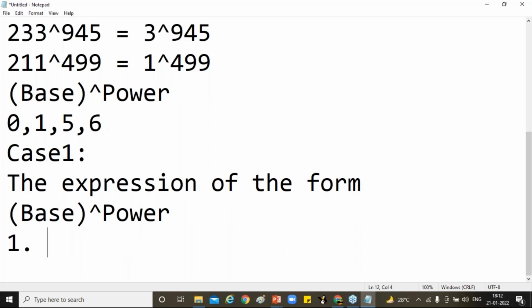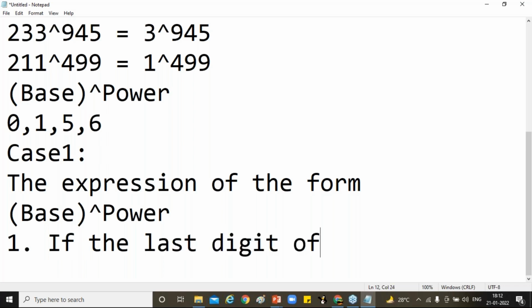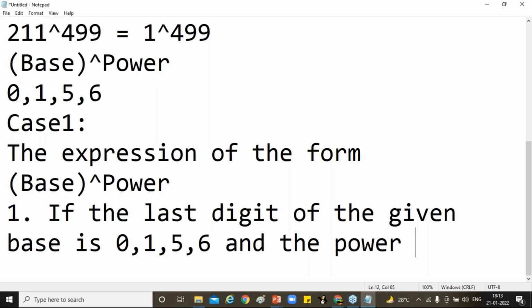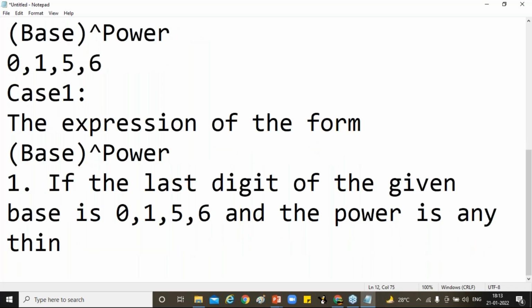If the last digit of the given base is, please note down, try to maintain separate notes, everyone. If the last digit of the given base is 0, 1, 5, 6 and the power is anything, then